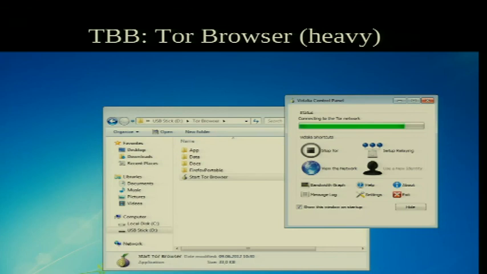So there are 2 pieces to this. The first one is we need build scripts, build automation, QA, all the stuff that you would want to take this pile of sources and turn them into a binary blob that you can give people that they can unzip and use on Windows and OS X and so on. So there's a lot of sysadmin-y automation work that we'd love to have some help with.